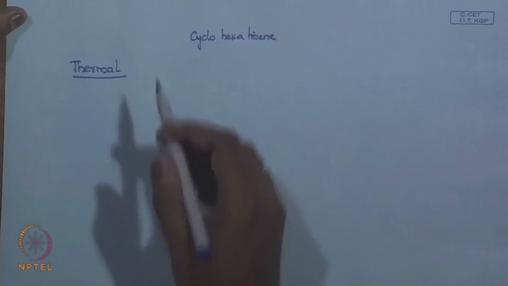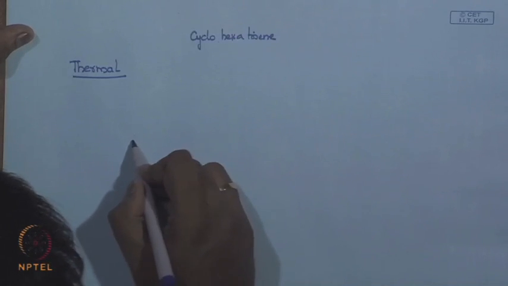So, as you know, in thermal condition, what do you have to consider? What orbital are we talking about? Yes, pi 3, the HOMO, that is your pi 3 system. So, you just draw that. So, your pi 3 is